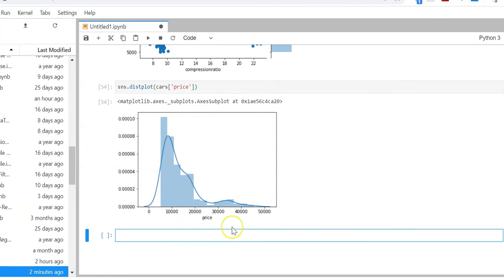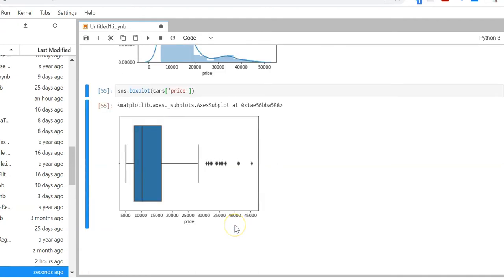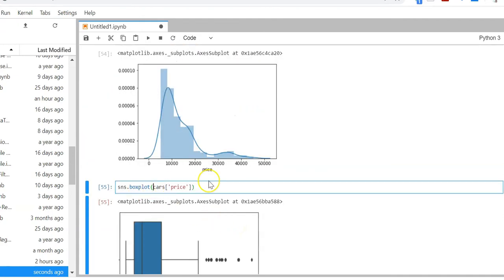Let me do a box plot. Let's see if we can find out anything on the box plot. Box plot, cars price. I want to see my box plot on the y-axis. I just put y here.